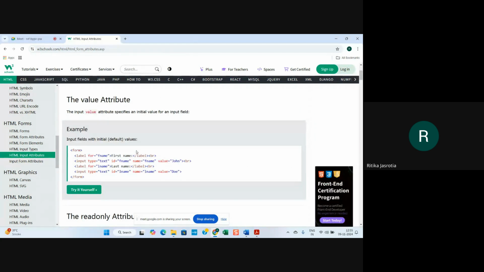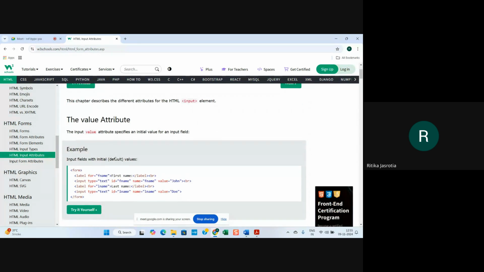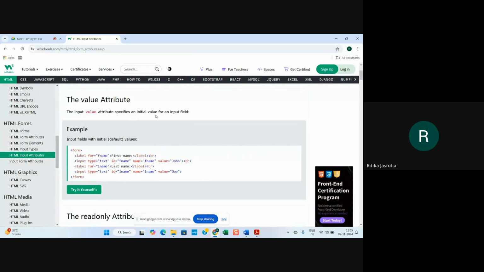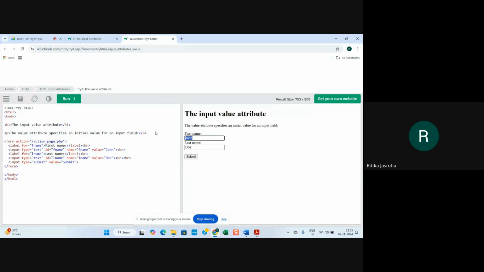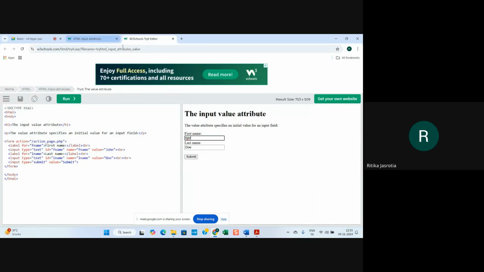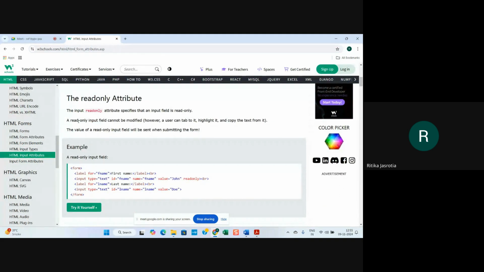Then input attributes, the input element has different attributes like value. We have seen that value specifies an initial value for an input, like we are saying here, the initial value is John. You can change that also accordingly. You can give your own like that, right? Then the read only attribute. The input read only attribute specifies that an input field is read only. So if you say read only in one of the input attributes,